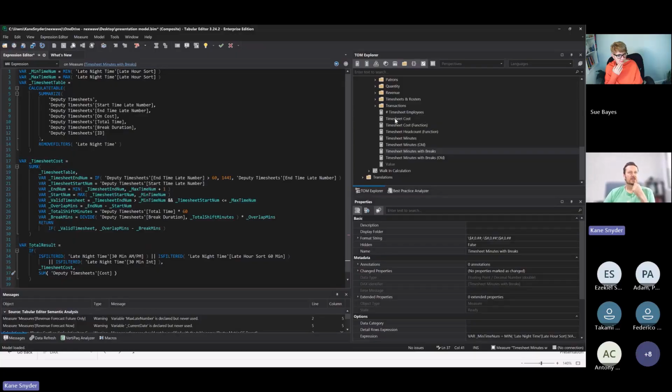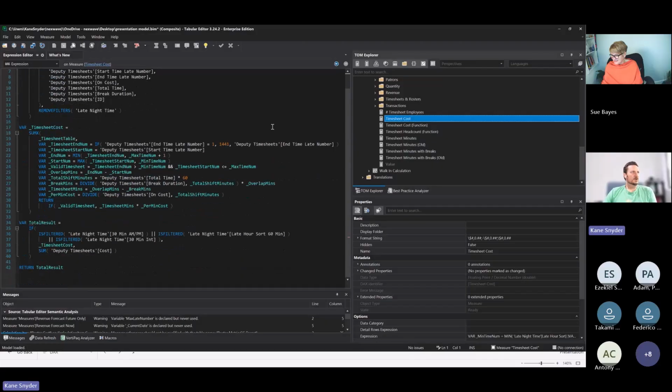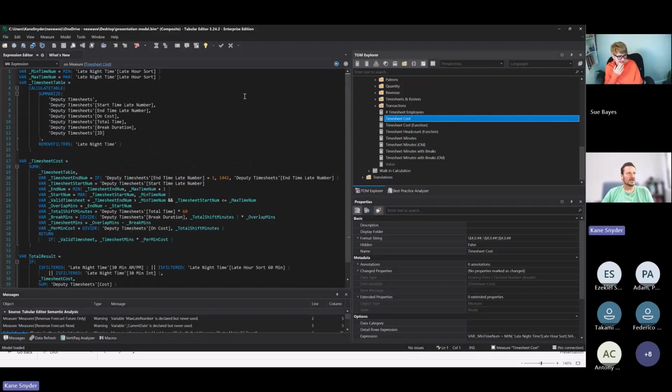Last one to look at is cost, and then we'll get out of the mind-melting kind of DAX and jump into some reports and some examples of how to use it. So the last one is cost. Same principle again. I won't go through it all, but we go through our timesheets. We do everything that we did before. We define the boundaries. We figure out how many minutes exist in that filter context point. We find out the break minutes and we adjust for the break minutes like we did in the last one.